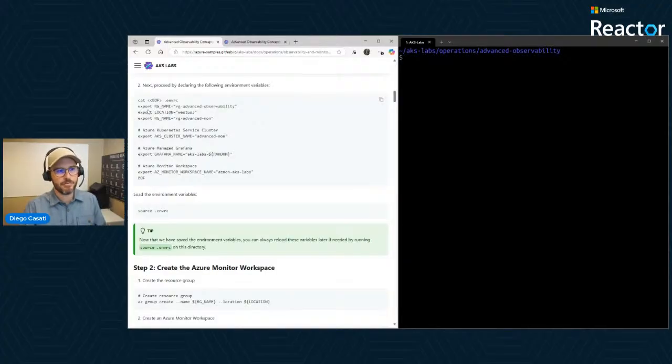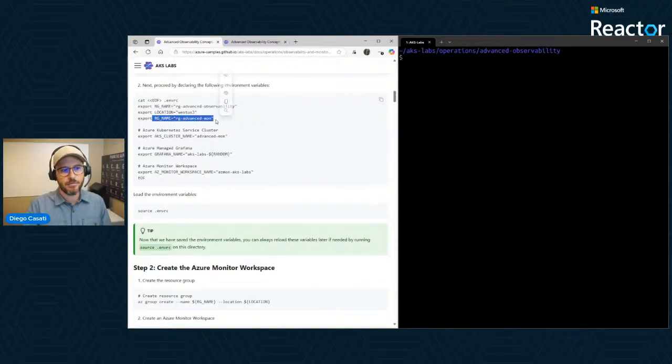Among them, we have a resource group name and a location. Just a heads up, chances are you're going to have to change that location because I have quota in a specific location, and you might have quota in a different location. For this example, I'm using West US 3, but you might have to change this to, let's say, East US or East US 2, right? It depends on where you actually have quota to deploy an AKS cluster. That's pretty important.